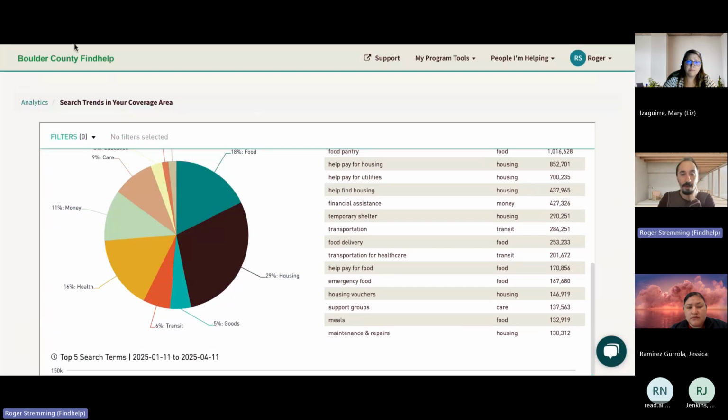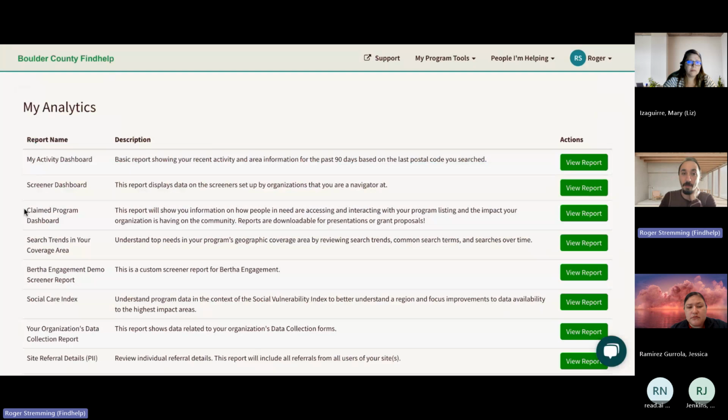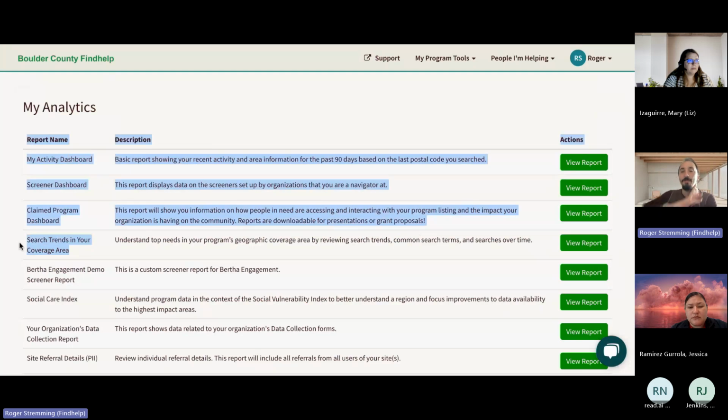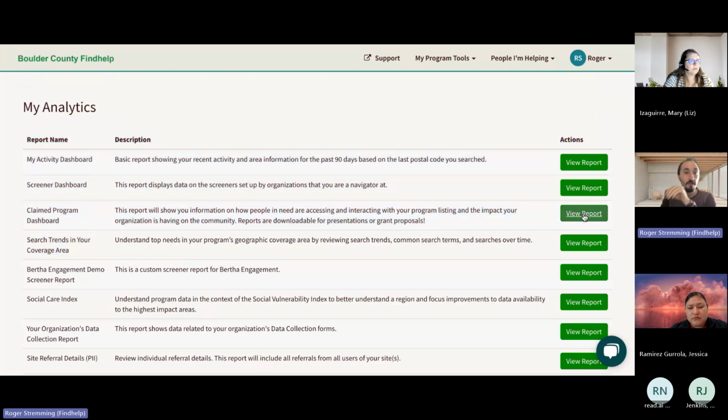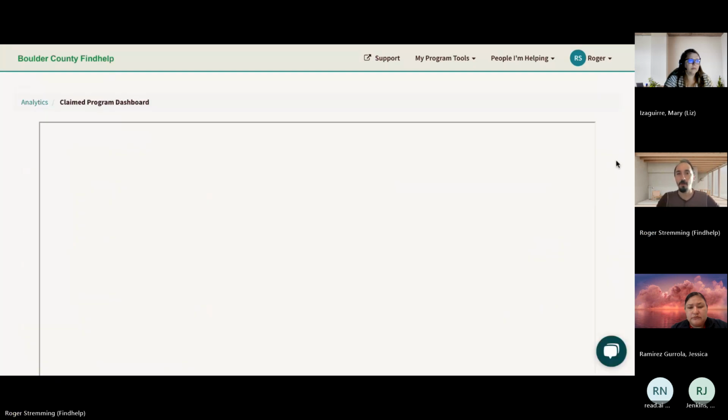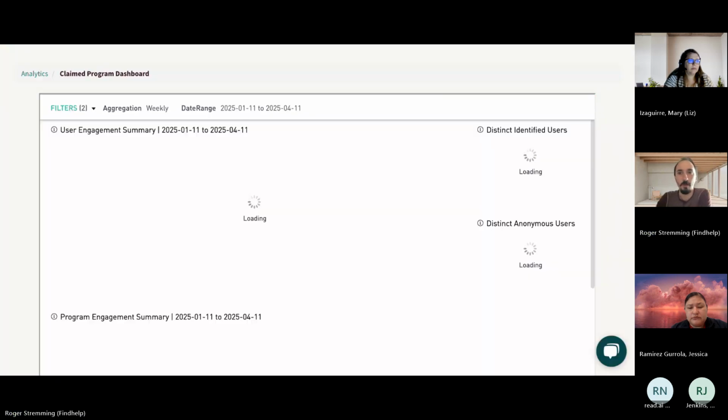The other dashboard I want to really dive into is the claimed program dashboard. And this one, to kind of denote them a little bit, the search trends in your coverage area is a bit broader, and what's going on in your community, right? Claimed program dashboard is more specific to, hey, what are your programs doing on the network? And so when we pull this up, this is going to show you how people are interacting with your programs